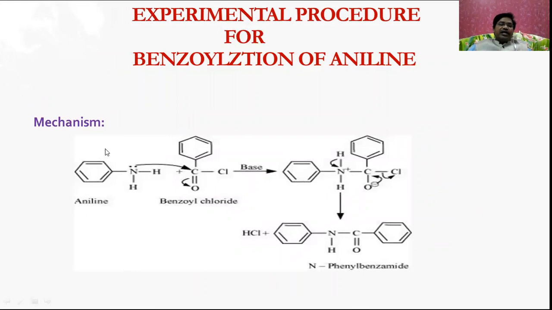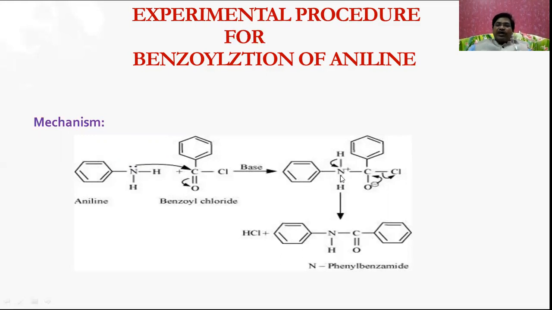This is aniline, where, like in ammonia, there is a lone pair of electrons here. During the reaction in the presence of a base, what happens? In benzoyl chloride, the pi bond between the carbon and oxygen is more attracted towards oxygen, so oxygen gets the negative charge and carbon gets the positive charge. The lone pair of electrons acts as a nucleophile and attacks here. Then the oxygen gets the negative charge,